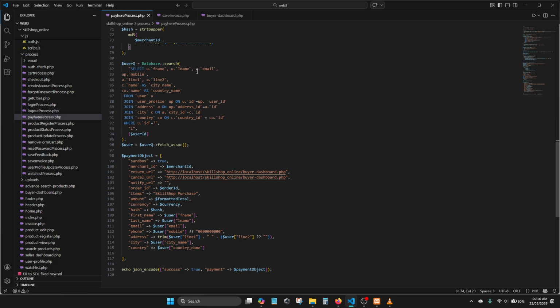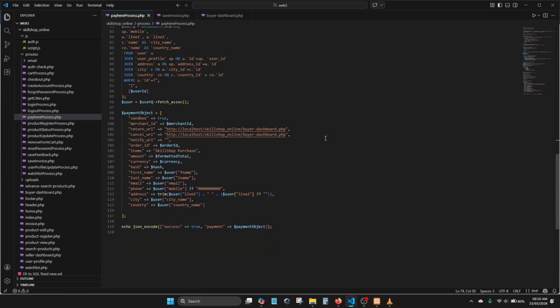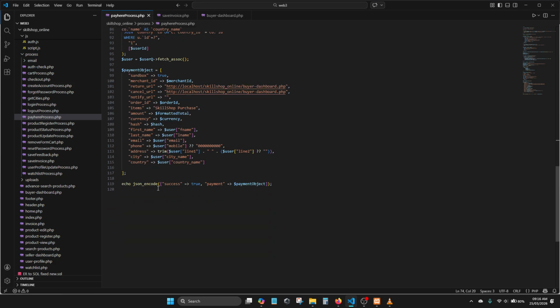Then we get our buyer details from the database. We fetch it from this, and then we build our payment object. This contains all the PayHere data that needs to start the payment process. And then if it is a success, we give a JSON encode for payment is true. So yeah, from that we go back to